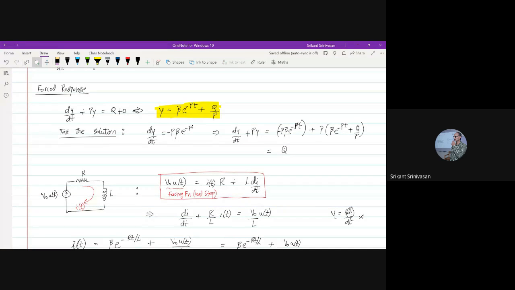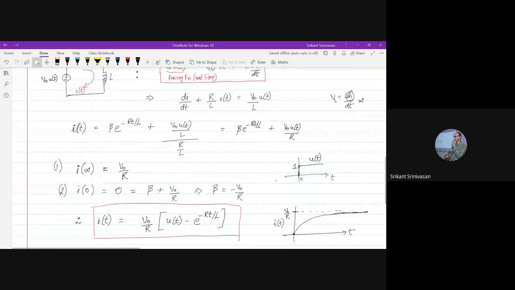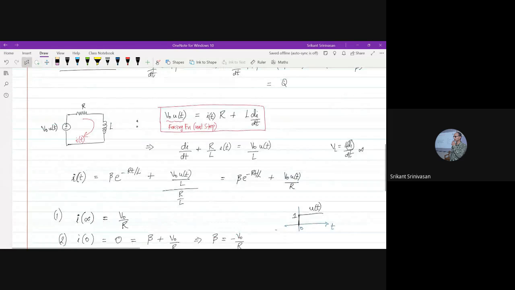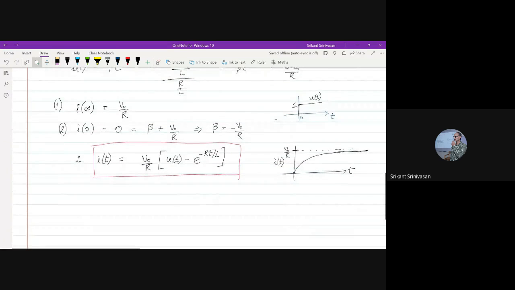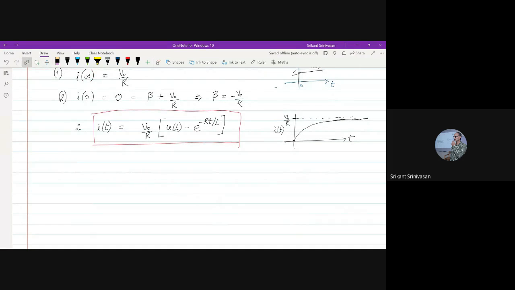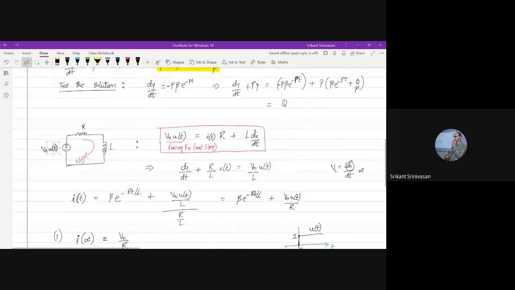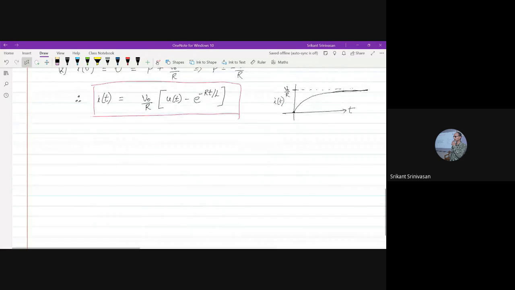It's just this solution. If the forcing function were even more complicated, supposing in place of u of t I put sine omega t or cos omega t or an exponential, then things get quite dicey. It becomes difficult to solve. Because the solution of the differential equation with exponentials and sinusoids becomes complicated, this is why we go into the Laplace transform. The Laplace transform is a mathematical transformation. If I were to solve the same problem using Laplace transform, okay? So let's redo.